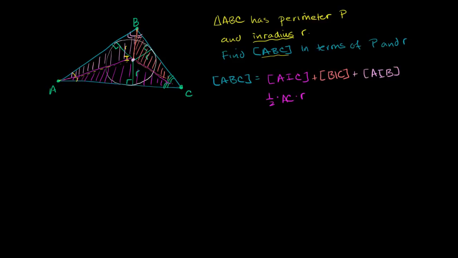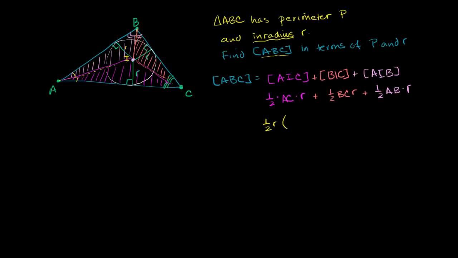That's the area of AIC. And then the area of BIC is going to be 1/2 the base, which is BC, times the height, which is R. And then plus the area of AIB, this one over here, is going to be 1/2 the base, which is the length of this side, AB, times the height, which is once again R. And over here, we can factor out a 1/2 R from all of these terms,